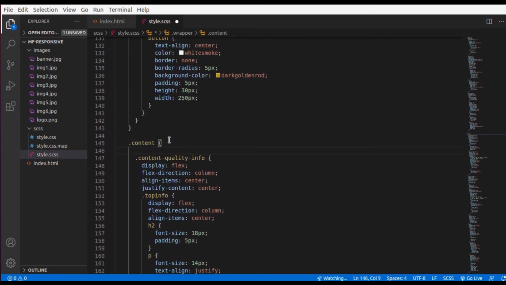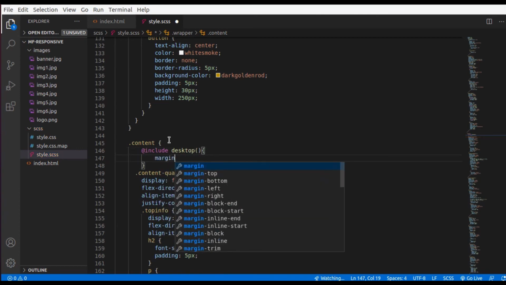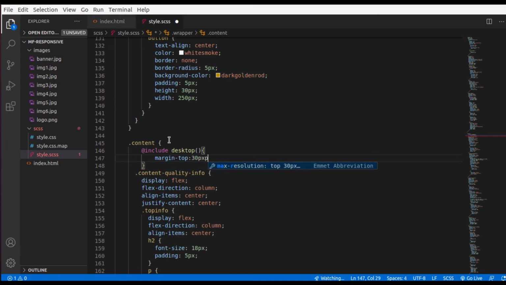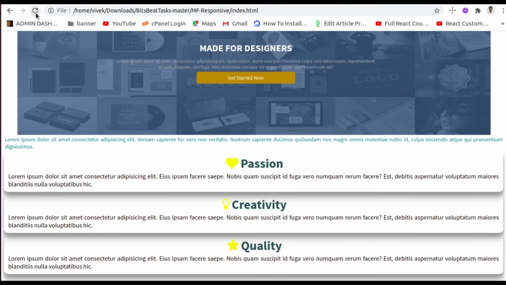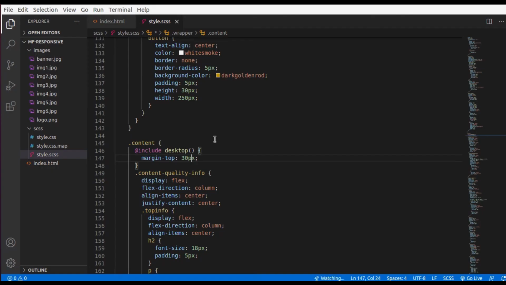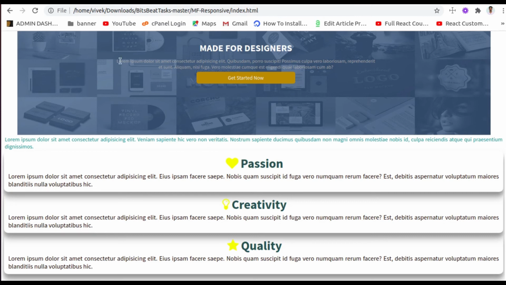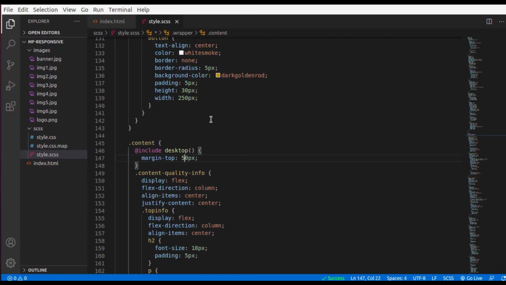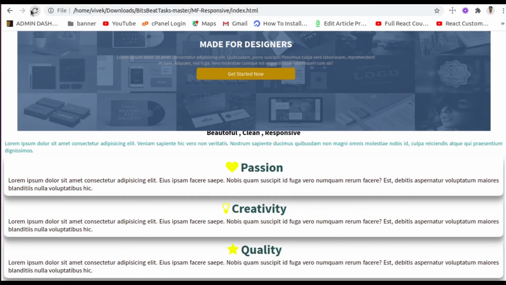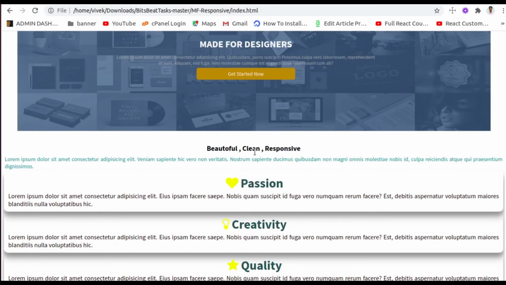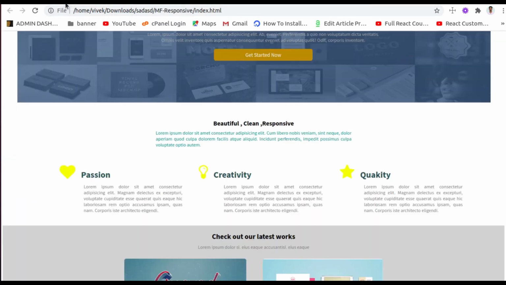Here what I am going to do is for desktop, I can include desktop like this, and I will give it a margin top of 30 pixel. Save this, refresh, this looks good. Rather I would give 50 pixel, then refresh this. Okay, 90. Now I think it should look good. Okay, now this is fine, but now as you can see here,